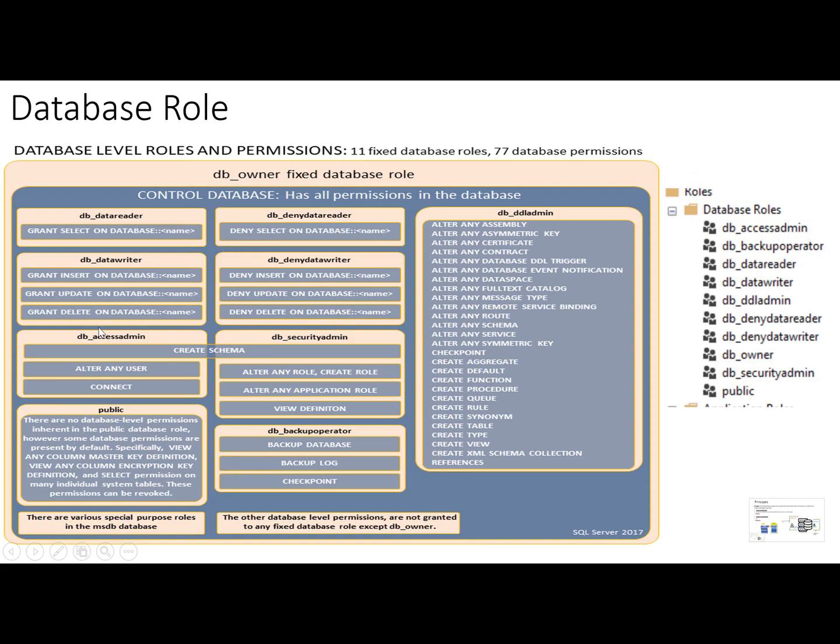These roles are predefined by Microsoft SQL Server, which are known as the fixed database roles. At the top of these fixed database roles is the DB owner, which can do anything in the database. And there are the sub roles: DB data creator, DB deny data reader, DB data writer, security admin. So there are different sets of roles which have certain permissions assigned to them, and when we assign users to these roles, the users can automatically perform the activities that these roles can do.